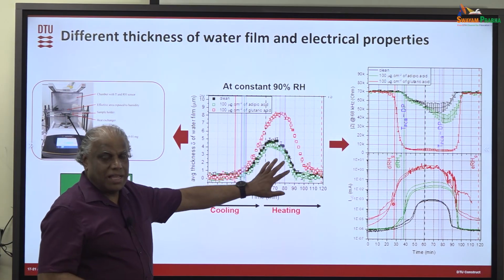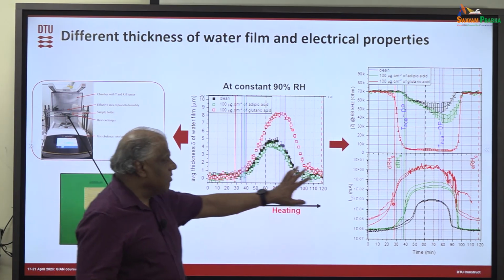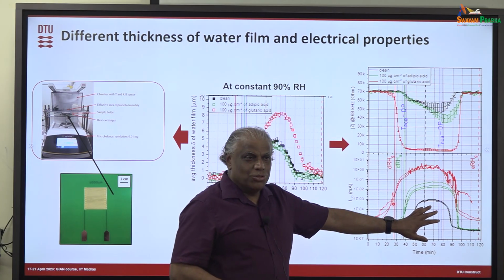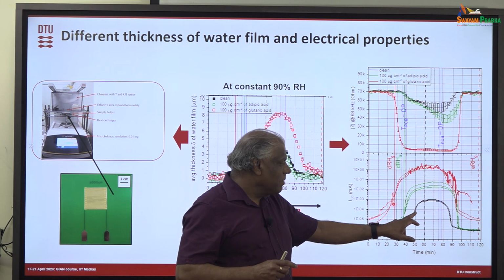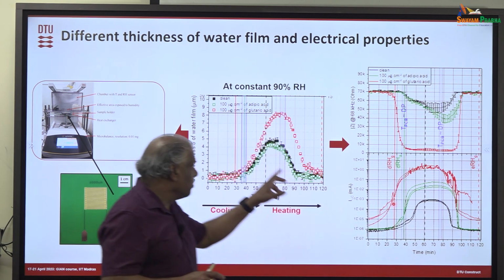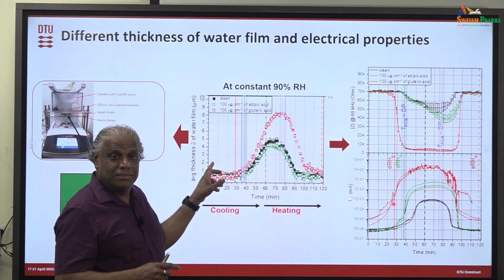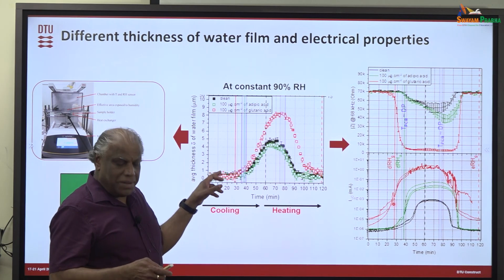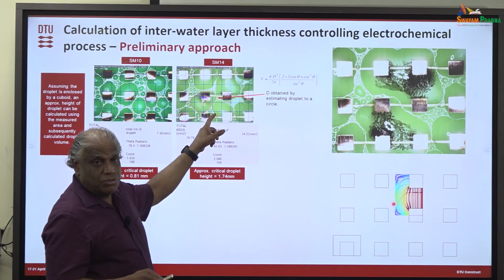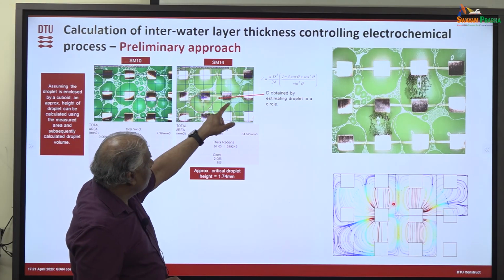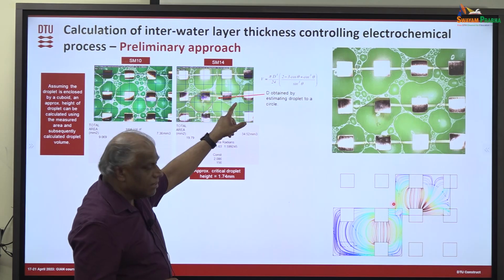the water film thickness is average. You have a certain electrical property. So there is something wrong in that, because this electrical property, what we are taking here, corresponds to a particular thickness, is not correct, because that's a combination of this part and this part. So we are trying to see that we can actually find this actual water film thickness here, and so that